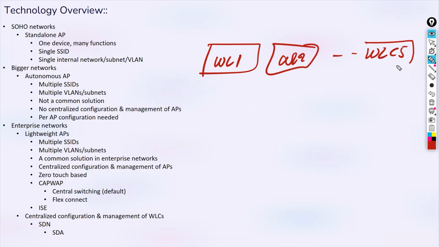Like earlier, there was a challenge of managing and configuring the APs one by one. Now there is a challenge of managing and configuring the WLCs one by one. All the WLAN settings, all the security settings, all the authentication side. And by the way, regarding what I have discussed earlier, I forgot to mention a thing or two. Your authentication, we will see, can be based on the WLC, ISE, or even at the AP level itself. Okay, so we'll talk a lot more about all these things.